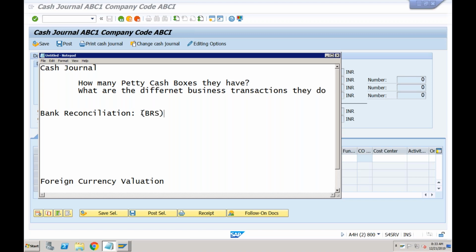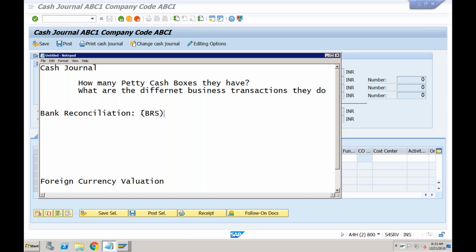Actually, every month we have to issue some checks to different vendors, and at the same time we collect different checks from customers. There is a delay while depositing into the bank, and it will take some time. So we will deposit at this month's ending, and it will clear in the next month. So at that time we will do some bank reconciliations, BRS.